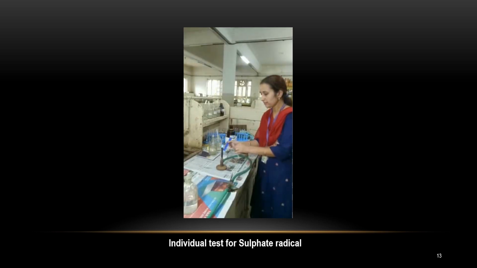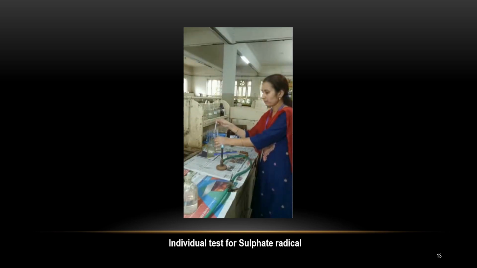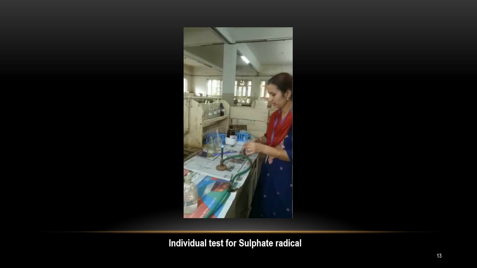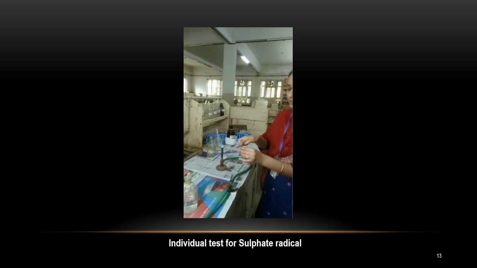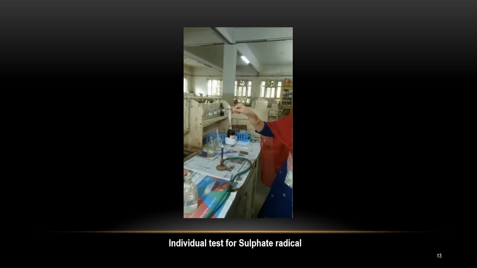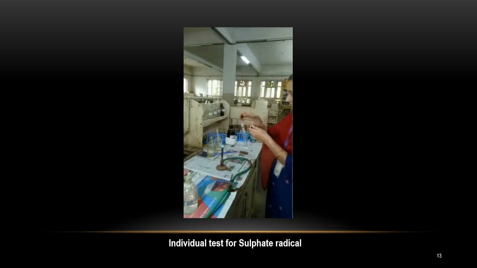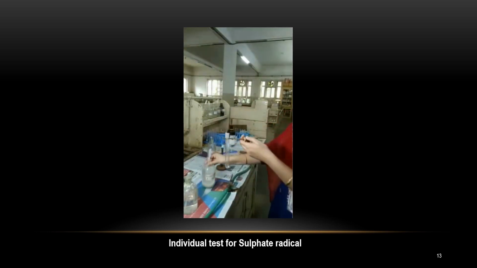Take a test tube, then add a small amount of substance, add dilute HCl, hold the test tube with a test tube holder and heat it on an oxidizing flame. After heating, a clear solution is obtained and then add barium chloride. After adding barium chloride,